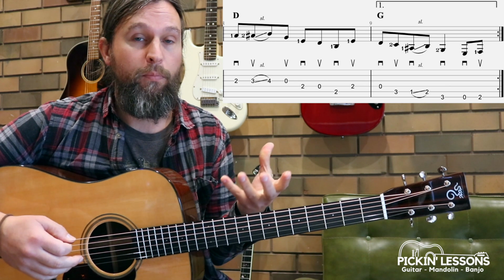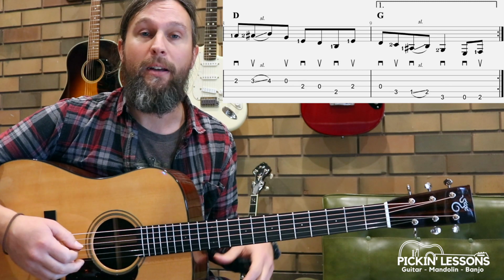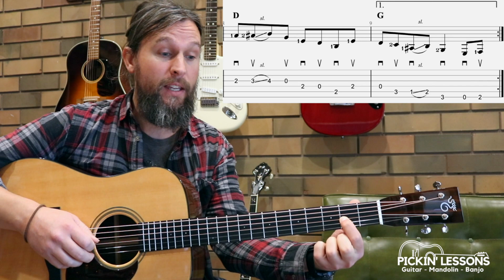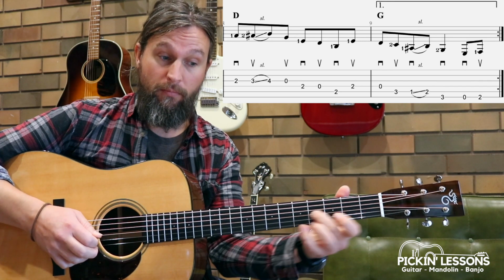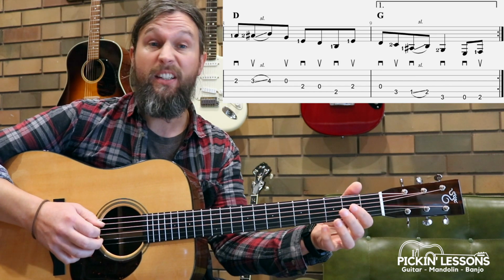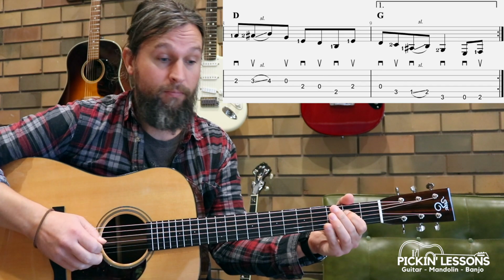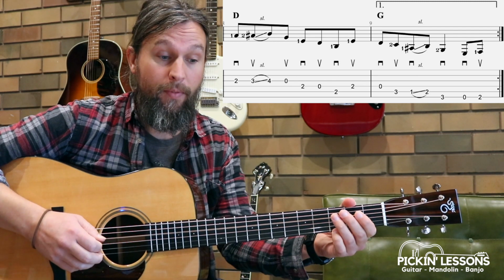Just a great bluesy, bluegrassy lick to get us back to the beginning. So we're not so worried about the chords here, we're just adding a little bit of flair. And what we have here is starting on the A note against the D chord there, 2nd fret. Sliding across to the 3rd to the 4th. Open string, running down the scale. Take your first finger there and roll it. And then to close it out,